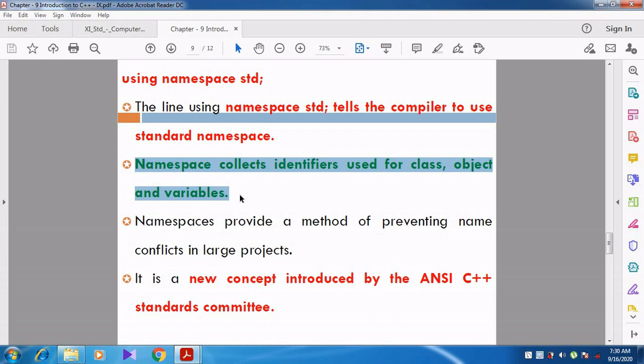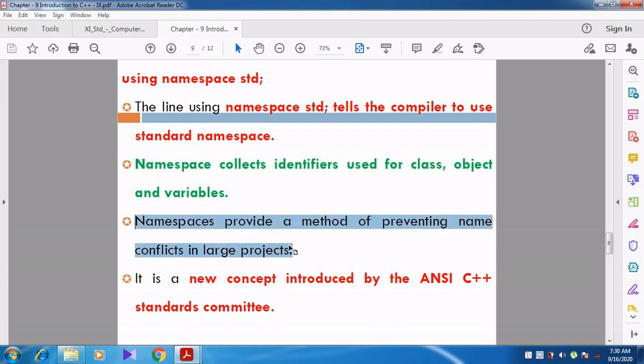And the namespace provides a method for preventing name conflicts. Whenever we use identifiers for classes, objects and variables, one name may be repeated again for another variable. At that time, namespace provides a method of preventing name conflict.